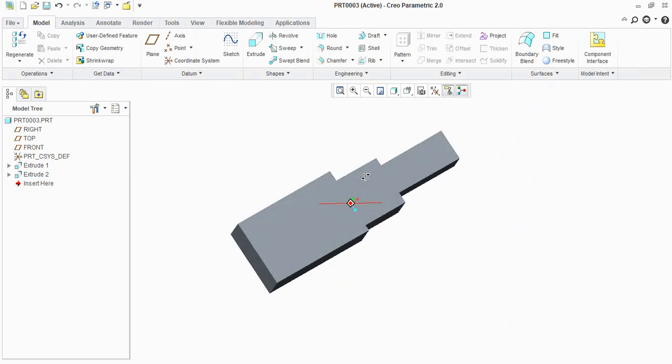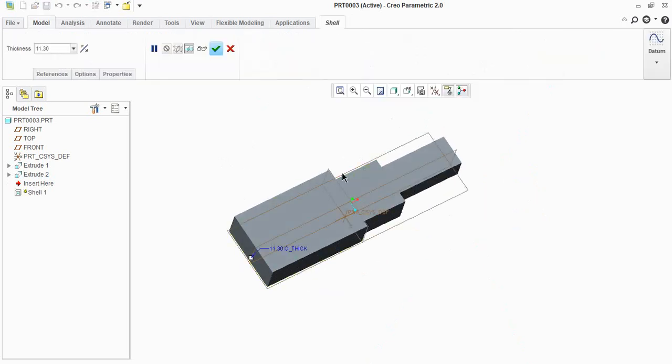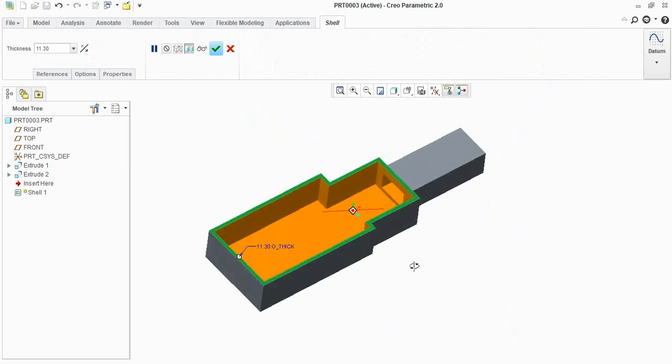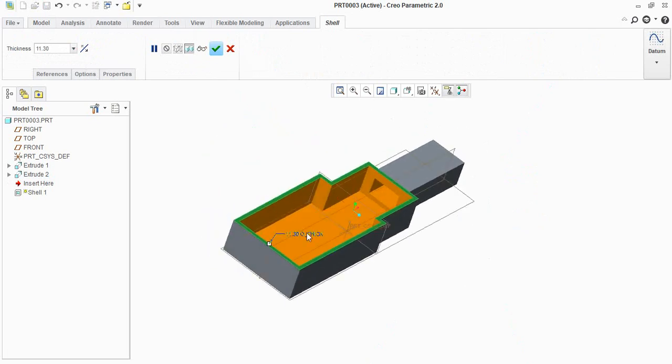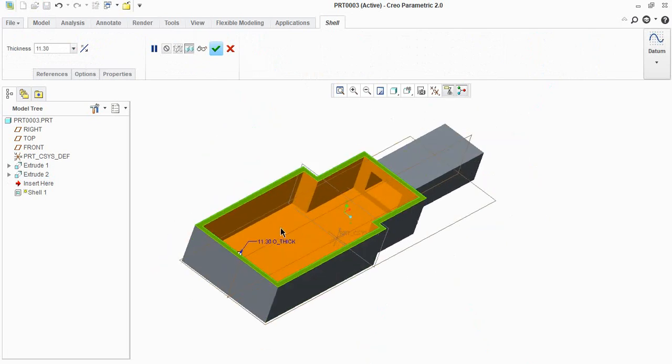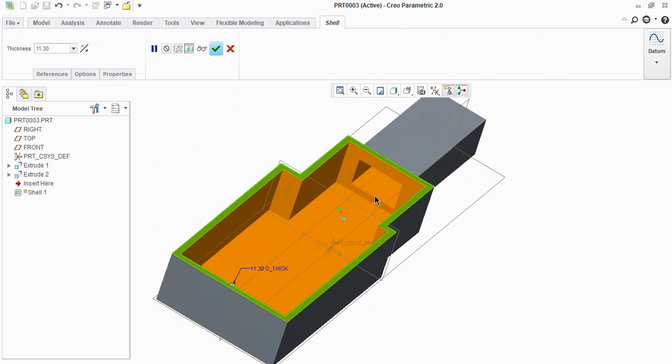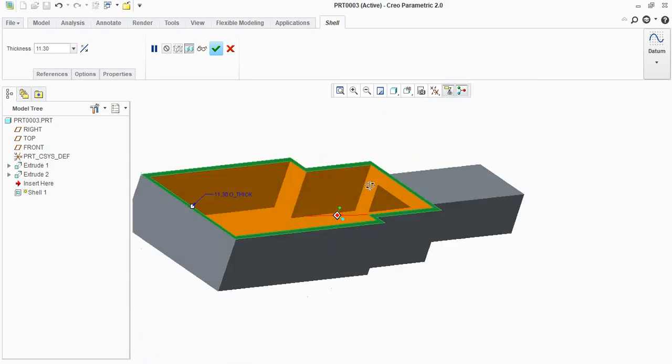Now again I am going to use the shell option. I am going to click this face. You can see here, including the first part, we have made another extrude here. So both the parts have been shelled. You can see here the difference.